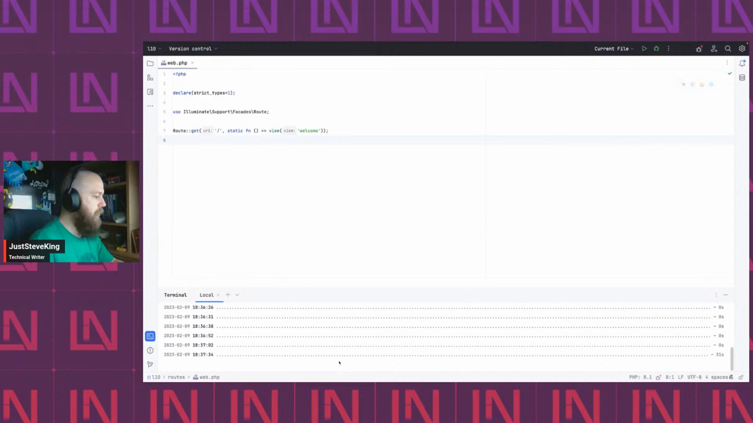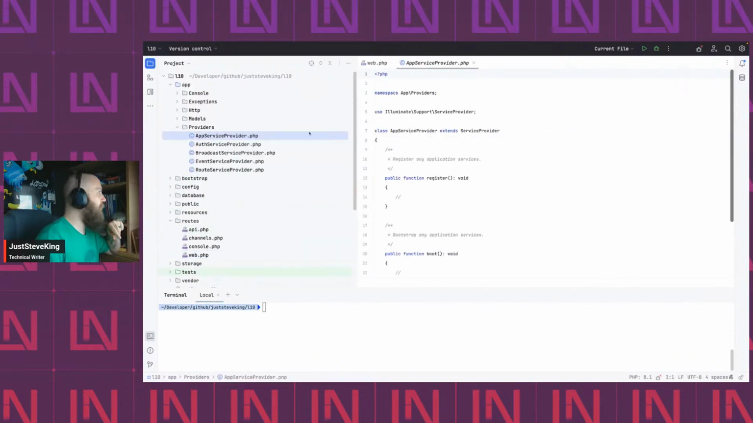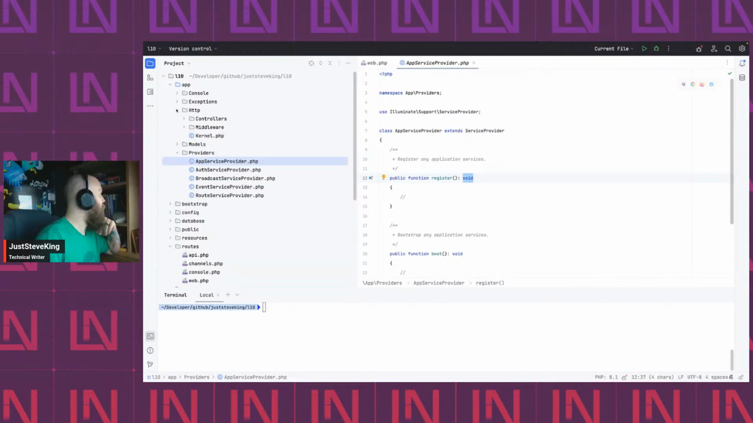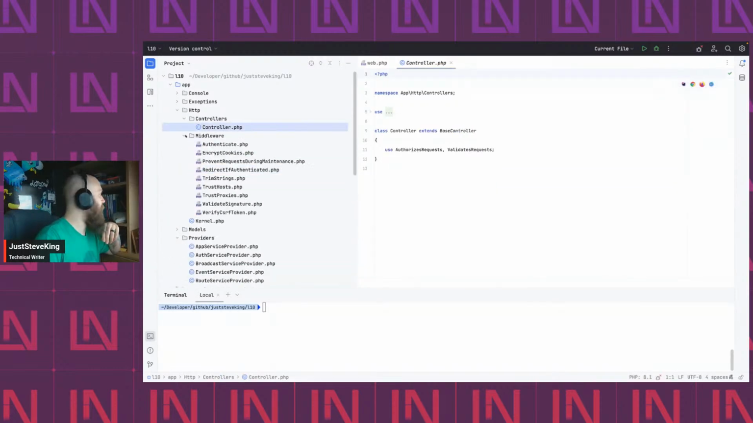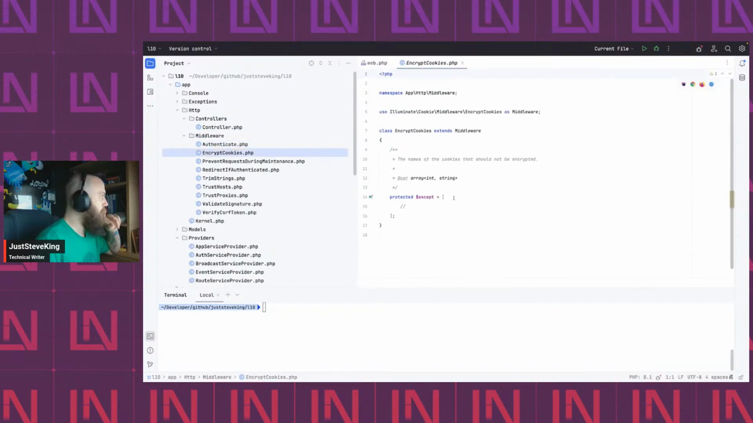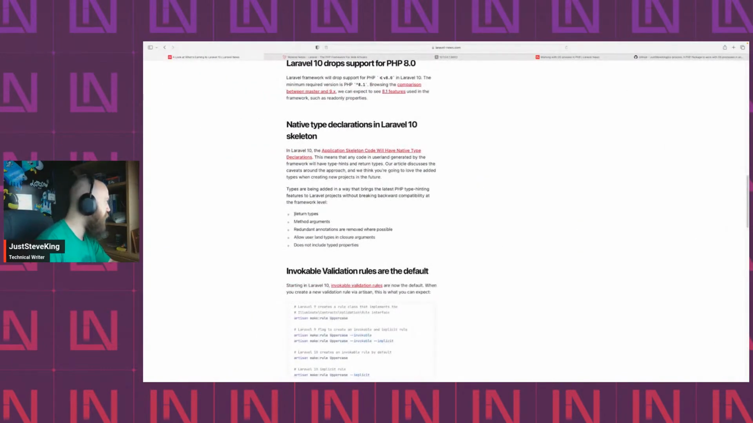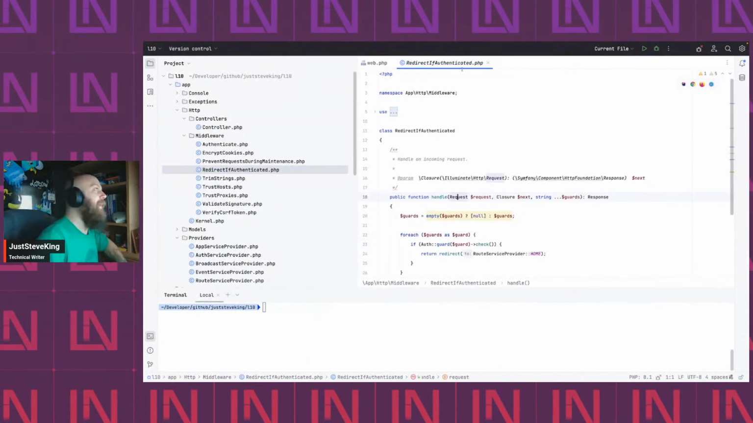So first thing I'd probably say we want to do here is have a look at some of the defaults. So things like the app service provider returns void, controllers, nothing in there, nullable string. I would have expected that to be an array. I don't know if they meant type hints as well. Return types, arguments, and does not include typed properties. Okay. So that is where I would have hoped they would have done that, if I'm honest,